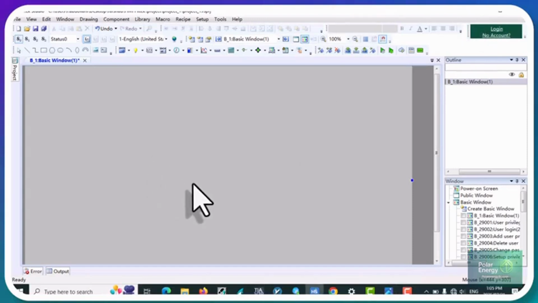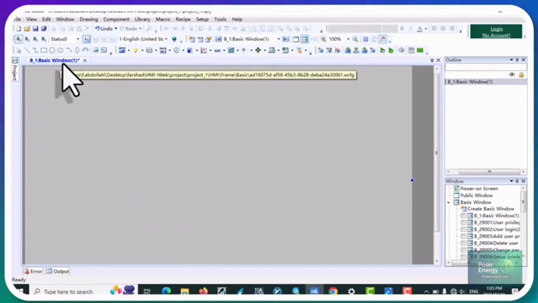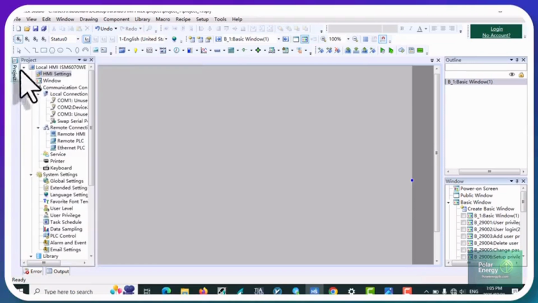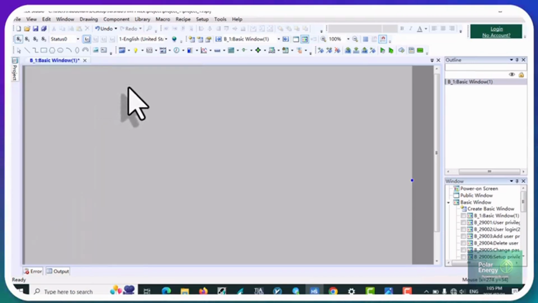The first thing we need to do is get familiar with the ports and communication comms of the HMI panels. First, we'll create a project and select the type of HMI we want to program. For example, here the HMI I want to program is a 7-inch model. So, I need to see what communication comms the 7-inch model has and which networks each of these comms supports. To find out which networks each comm supports,